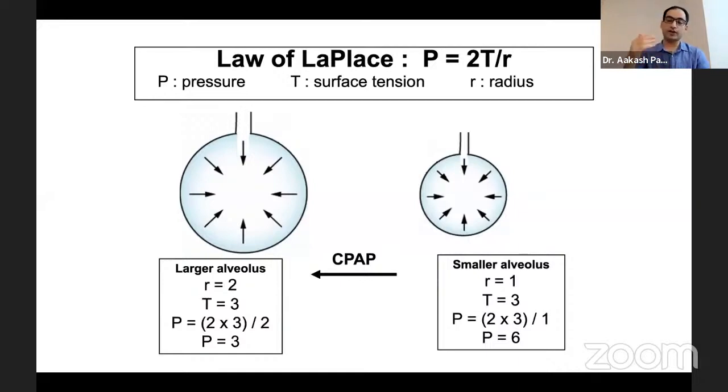And when we use surfactant with CPAP, here T is the numerator. So that surface tension will again decrease. So by giving surfactant, we are decreasing the numerator, that is the surface tension. And by giving CPAP, we are increasing the denominator. That is, we are increasing the radius of the airways. So both work hand in hand, and that decreases the tendency of these alveoli to collapse in expiration. Therefore, one should always use surfactant along with the CPAP in babies who have moderate to severe